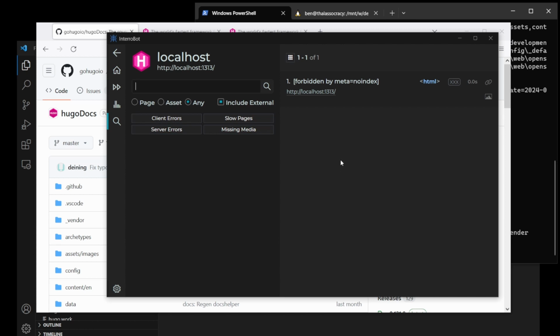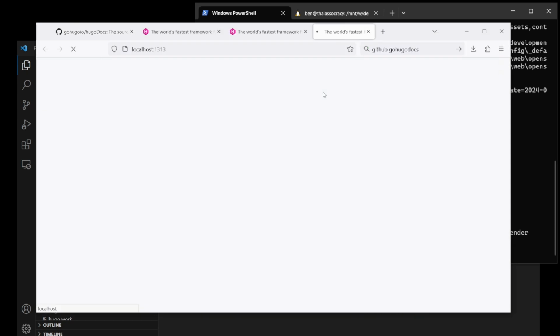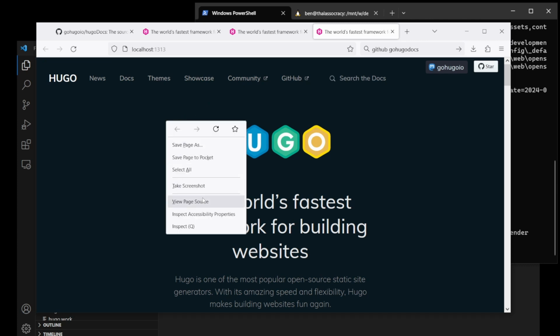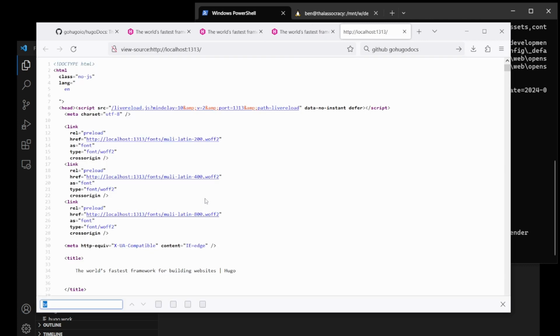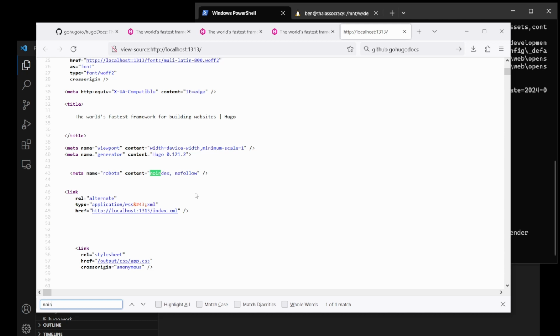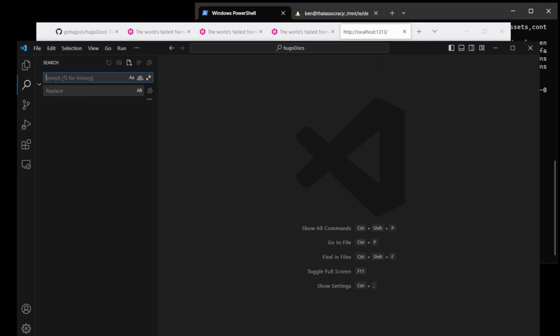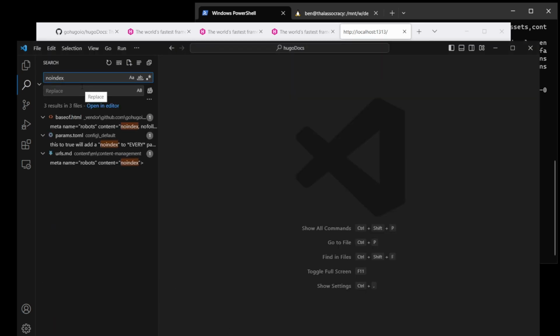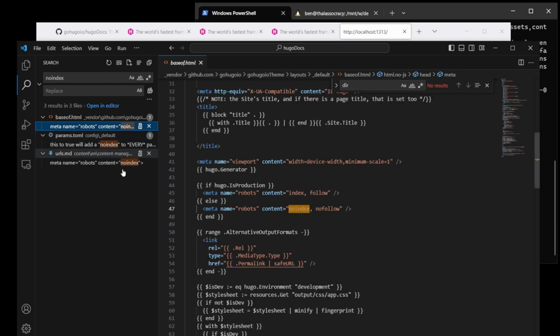So what we're gonna do here is we're gonna find this no index. So if I pull this up, there it is. So it's a meta robots, just as you'd expect. And I'm going to search for that. And since I know it's probably not this markdown, I'm gonna go for the HTML. And